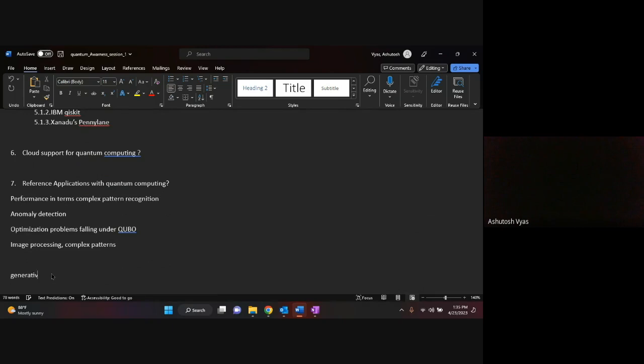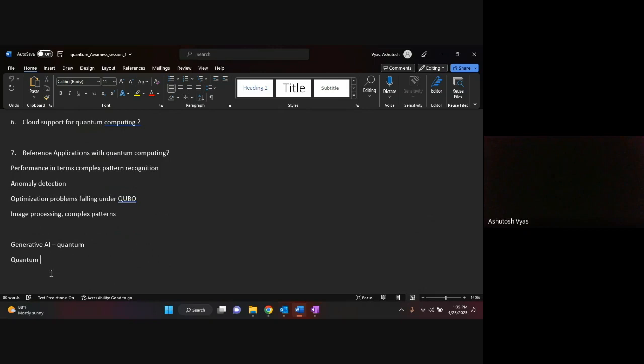Generative AI, you can try quantum. There is a whole theory of quantum NLP, which I am also working on. You can try that too. It's very fascinating. Those who have an interest in NLP, if they read about it, will understand what quantum can actually bring in, which normal classical mechanisms cannot do. So these are some spaces in which I will again copy this.